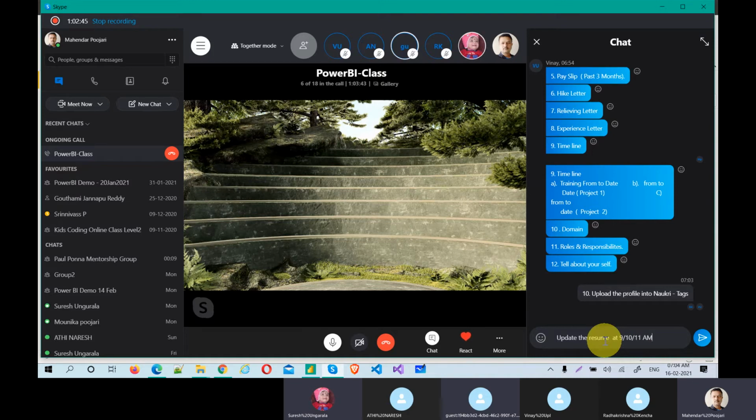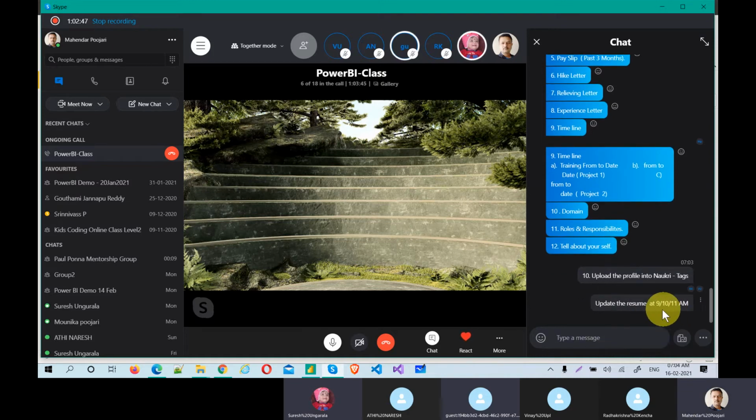This is the time when HR can log into Naukri and see. Whoever updated most recently will come to the top, which means you are eager and looking for an opportunity. That's why updating is required. Yes, you should update the resume in Naukri in these timelines.